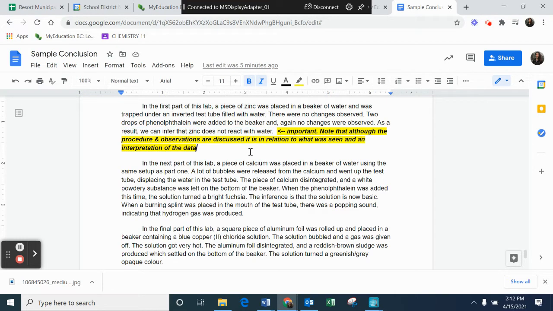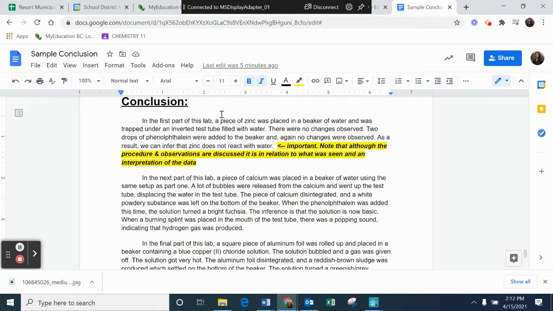So basically, a lot of people just summarized in the conclusion what happened in the lab, and then didn't really write much about any inferences or anything that actually would be an interpretation of that data. So it is okay to summarize what you did and talk about procedure and observations, but just make sure that you're making some kind of inference based on that. Does that make sense? Okay, and this one, honestly,